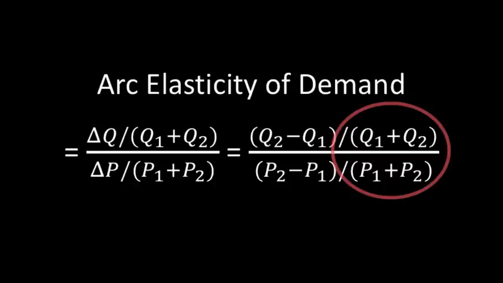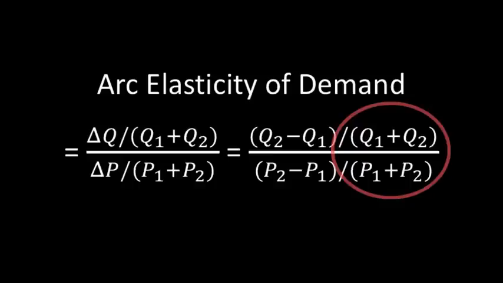Basically, the only difference between elasticity of demand and arc elasticity of demand is that in the elasticity of demand, when you're calculating the percent changes in either prices or quantities, you anchor everything by an initial level. If you look back at the equation for elasticity of demand, the numerator is the difference between Q2 and Q1 divided by Q1. Now in the arc elasticity, the numerator is Q2 minus Q1 divided by Q1